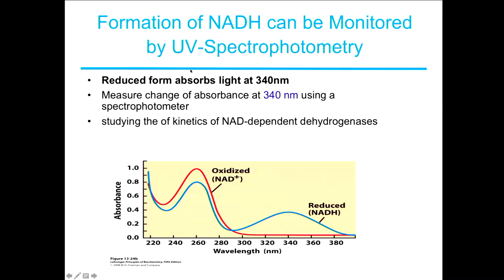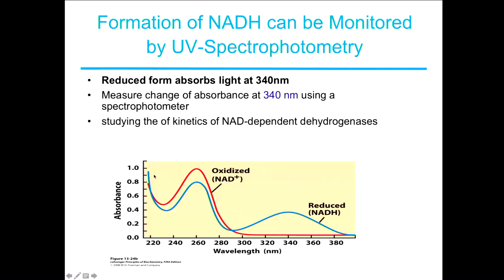Okay, so the reduced form of NAD, so the NADH, or also the NADPH, is going to have an absorbance peak around 340 that is not found in the oxidized form. Okay, so if you put a tube of NAD in the spectrophotometer and dial through here,